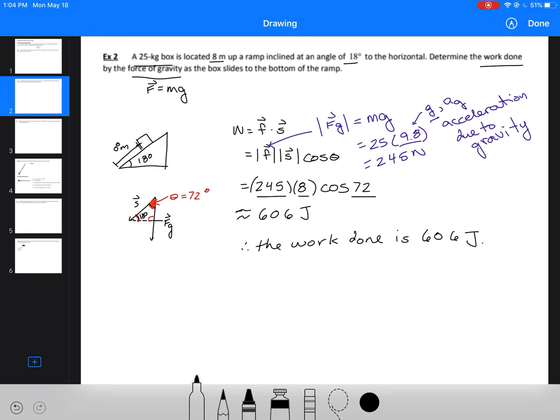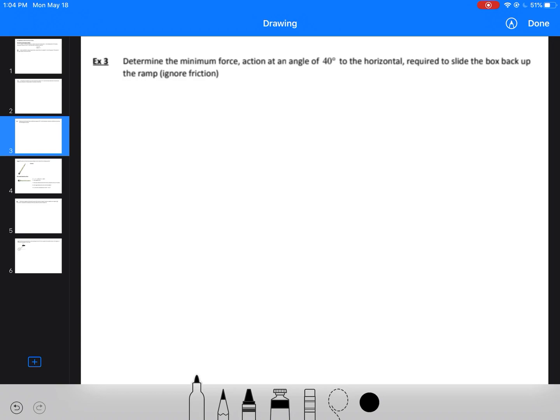Let's look at one more example. This time we're going up a ramp, and so we're going to determine the minimum force, if it's applied at an angle of 40 degrees to the horizontal, required to slide the box back up the ramp. So now we're looking at the same situation. So we've got our box, we've got 18 degrees, we've got our box here,